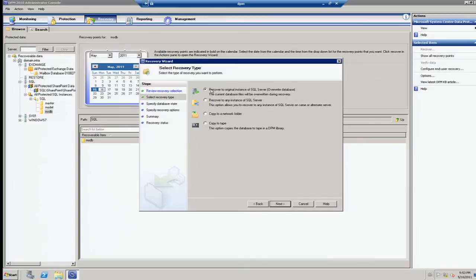You can also copy it to a network folder, and then you're actually just going to get the database files and the log files, if you're taking a certain point in time. Or you can copy it to tape, and this is actually built in. For who of you has from time to time